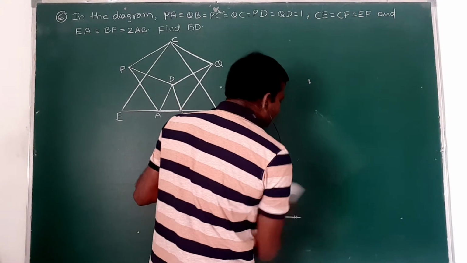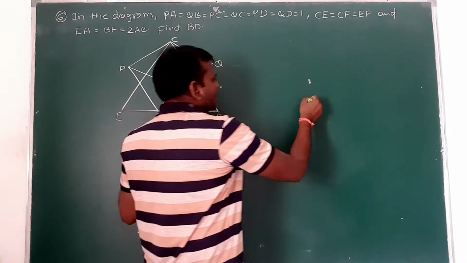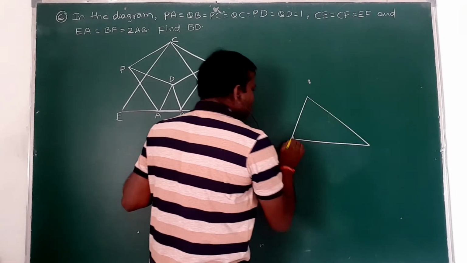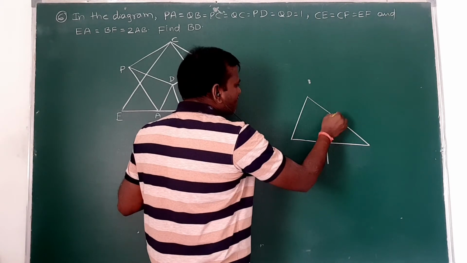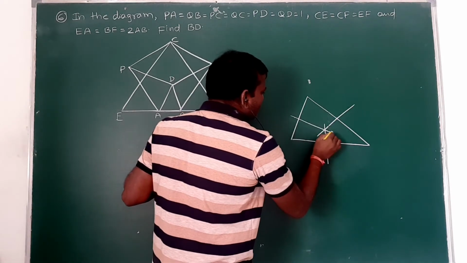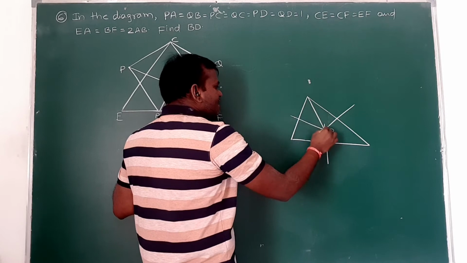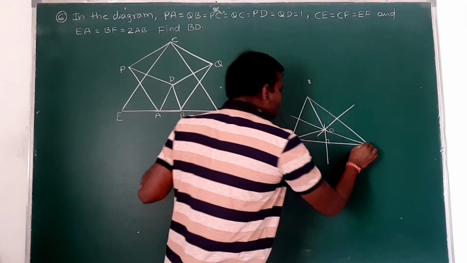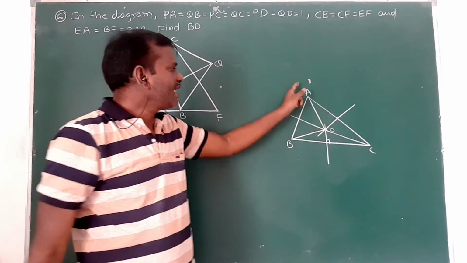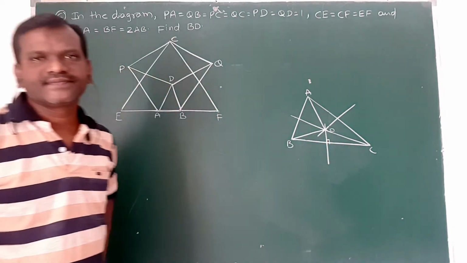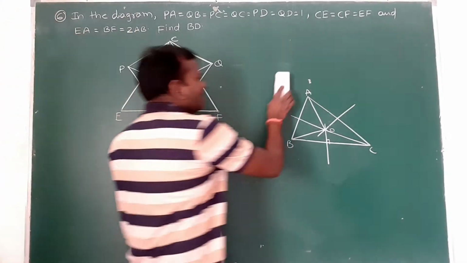Then one more point. What is the circumcenter? Suppose a triangle is there. The perpendicular bisectors of all the sides meet at one point. That is known as the circumcenter. And from the circumcenter to the vertices, all distances are equal. This is the circumradius. Suppose in triangle ABC, it has circumcenter O, then OA is equal to OB is equal to OC. That is the circumcenter property. Based on these two properties only, I will solve this question here.